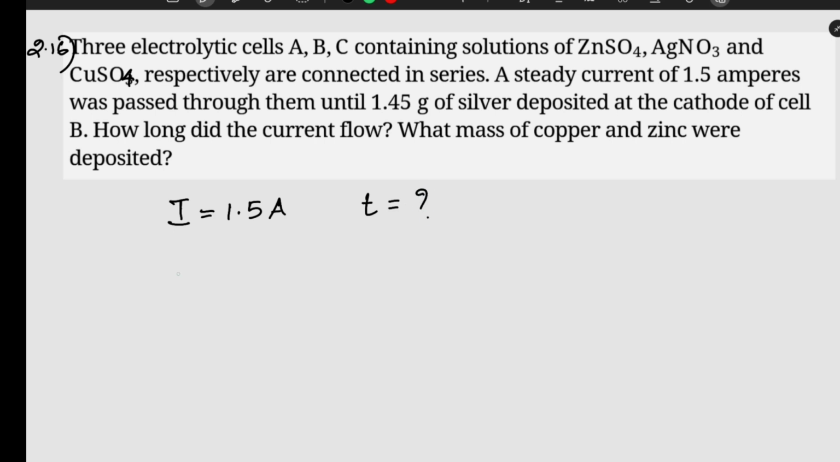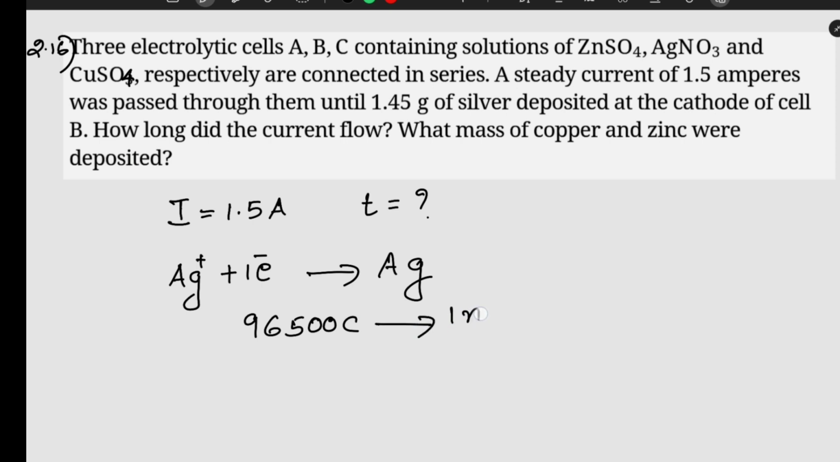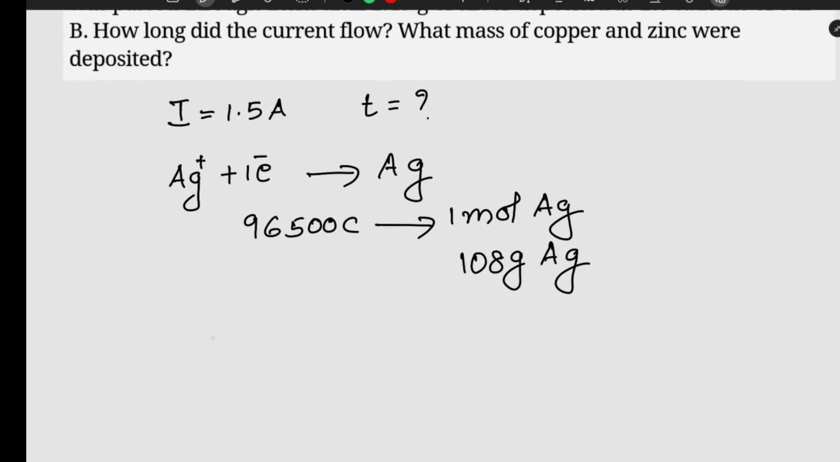In silver nitrate, silver is in the +1 oxidation state. So Ag+ plus 1 electron gives Ag. That is 1 Faraday, 96,500 coulomb, which will give you 1 mole of silver, that is 108 gram silver. So, to get 1.45 gram of silver,